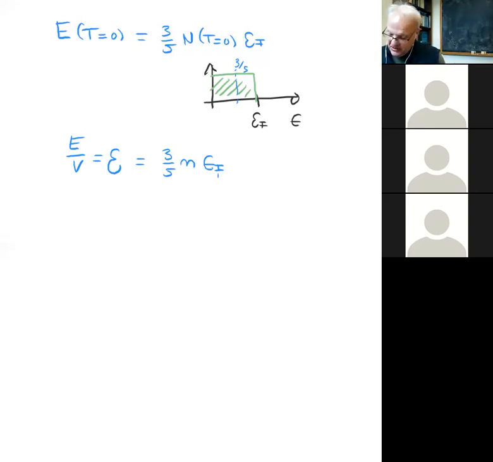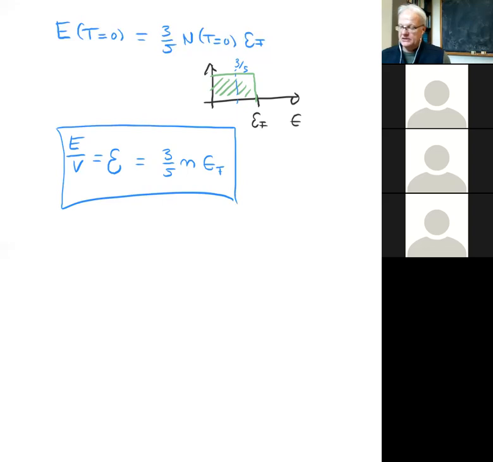So this expression explicitly shows something I already said last time, which is that, obviously this is at 0 temperature, in a Fermi system, even if the temperature is exactly 0, the energy is not 0. And that's simply because we cannot put all the particles into the 0 energy state. Once you put 2 particles in there, one spin up and one spin down, all the other particles have to go to higher energies. And, as a result, the energy cannot be 0.